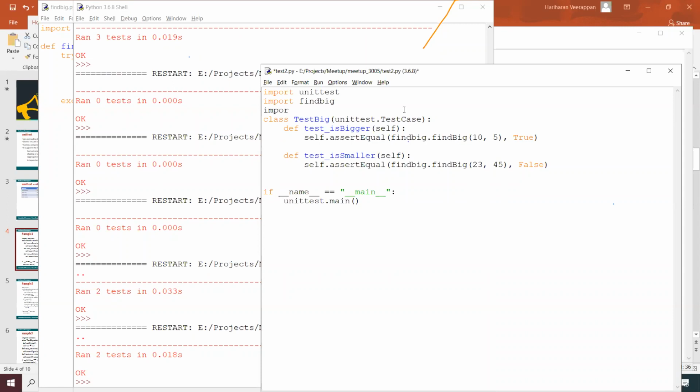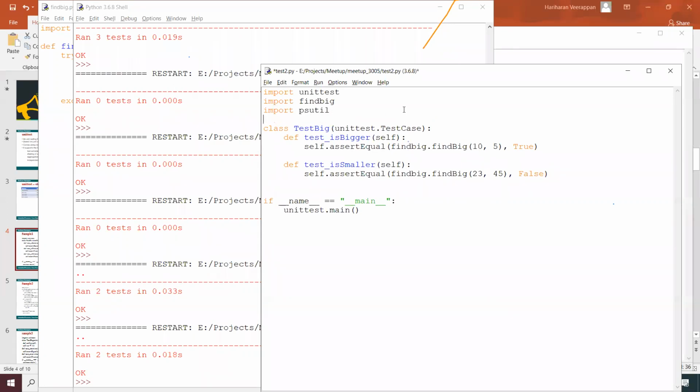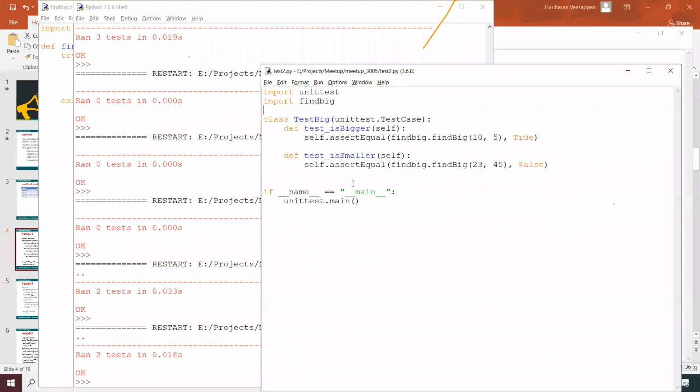For that, maybe we can import psutil over here and add it as another one. Then we can define test is equal of self, and self dot assert equal, then find big dot find big of, maybe we can give 45 and 45.